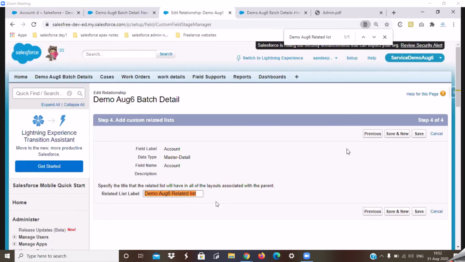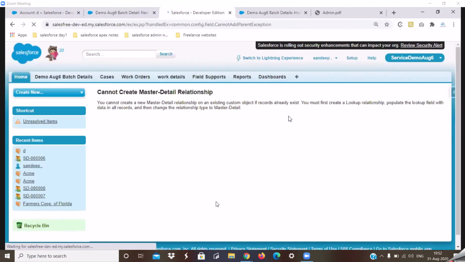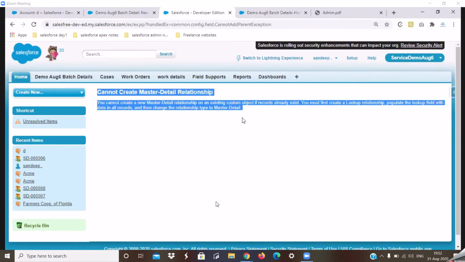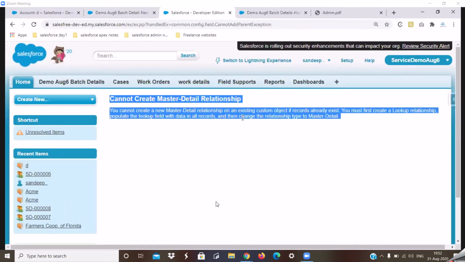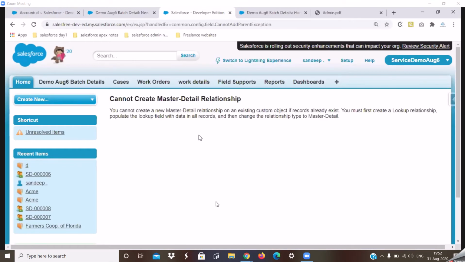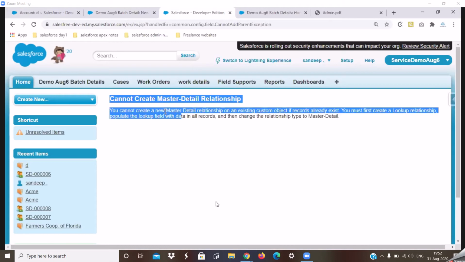All right. So I've basically followed the process of converting a lookup relationship to a master detail relationship in this 4-step process, and all I need to do is click on save. All right. So upon clicking on save, I was getting this error. I will just basically pause here for 1 minute. So I'll let you people read what exactly this error is talking about and help me understand how to basically fix this error. All right.